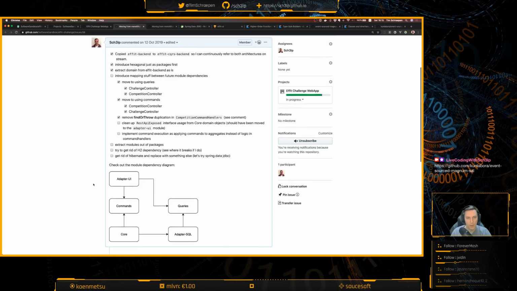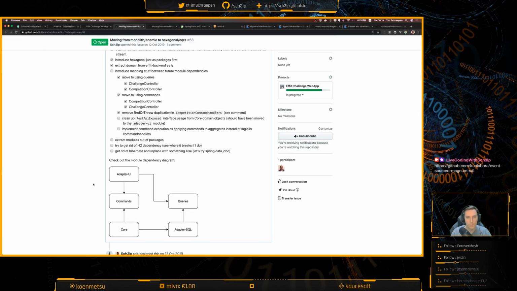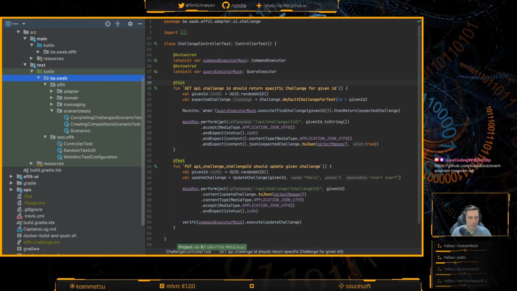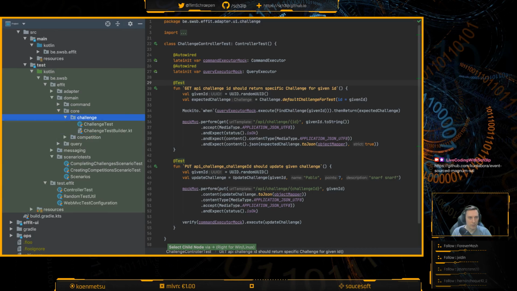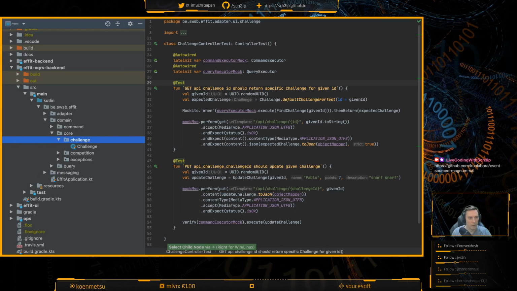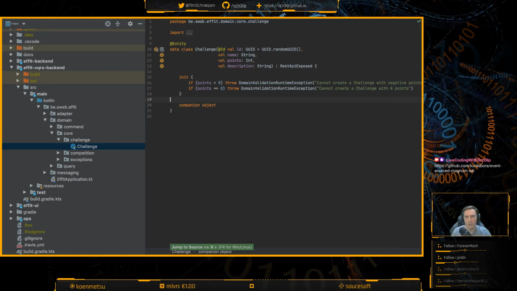Clean up REST API exposed interface usage from core domain objects. Ah, okay, so that's going to be a little bit more annoying, I think, because what that basically says is all of your core, so all of these objects in core should not have REST API exposed.